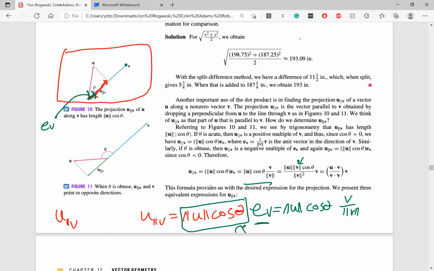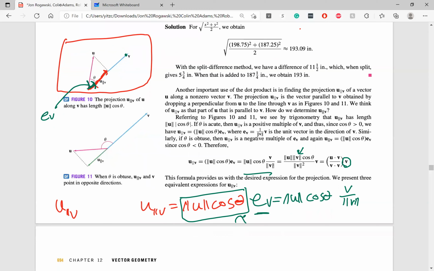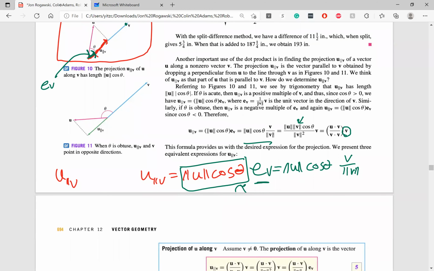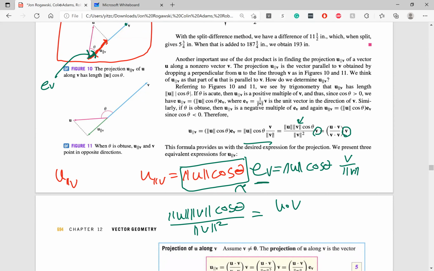And we know that if you look at this v over here, the magnitude of u times the magnitude of v times cosine of the angle, over the magnitude of v squared, is equal to the dot product between u and v. So that comes about from taking,